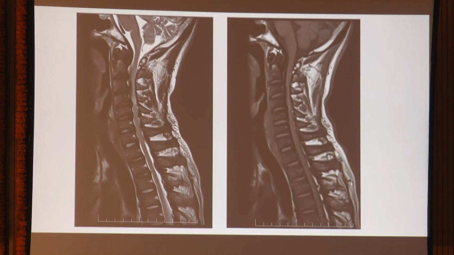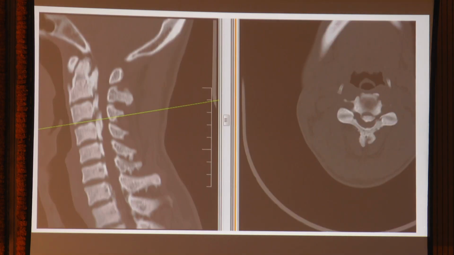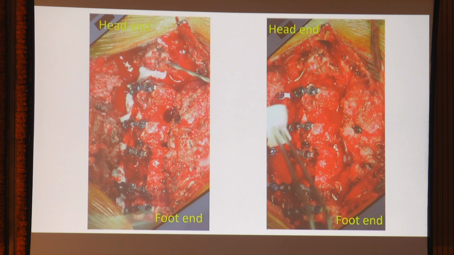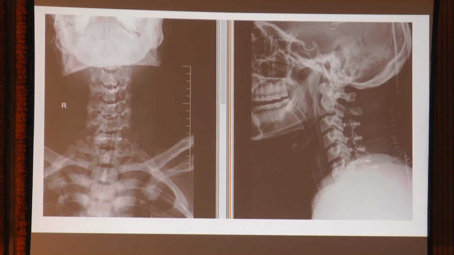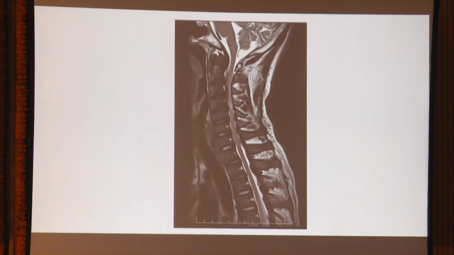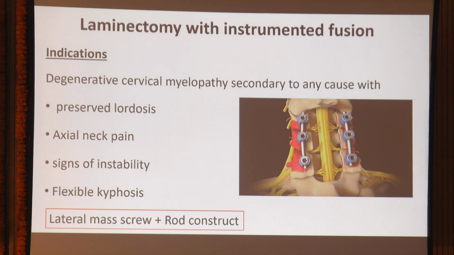So now, in a younger patient, this is again OPLL. See, it has gone to C1, and this patient was a younger patient. So here I have put a small mini plate and you can fix this laminoplasty flap. You can see the small screws and plate there. Okay, and this patient improved.